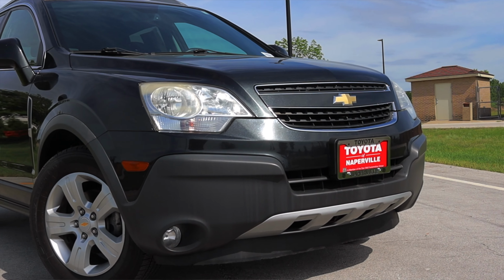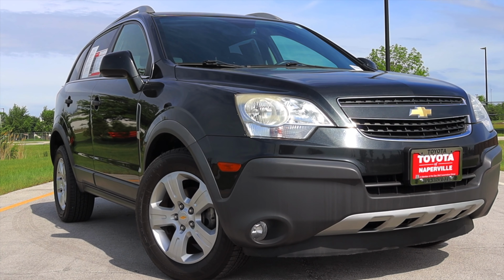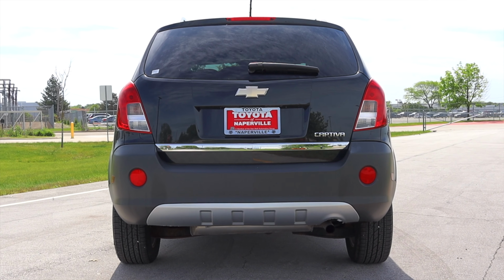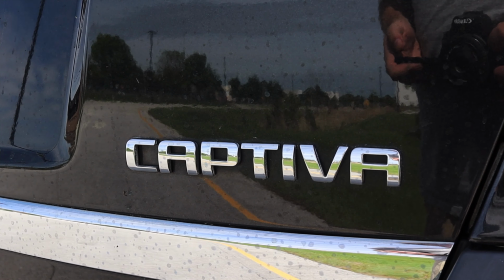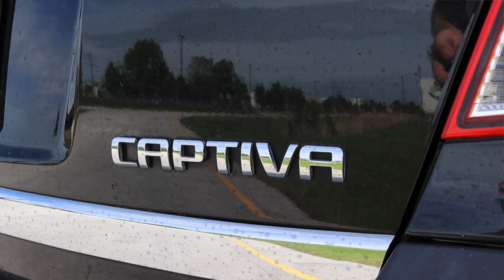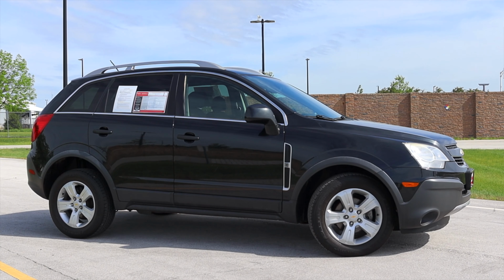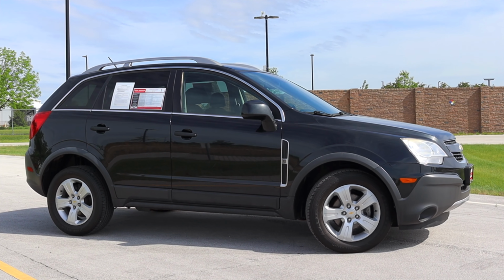Well, let's talk more about how you can't buy these. Now you can. After years and years, these have become available for public purchase. But back in 2013, when this car was new, like I said, you could not walk into a Chevy dealer and walk out with a Chevy Captiva Sport if you were just a regular guy. So this was only sold to rental car companies or large companies that needed a fleet of vehicles. This car was not meant to be sold and was never sold as just a car. This was sold in groups of 5, groups of 10, groups of 20. A company would come to Chevy and say, hey, we need 30 cars, and Chevy would send 30 Captiva Sports